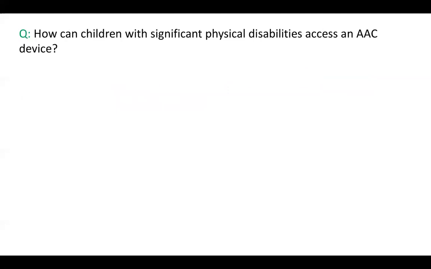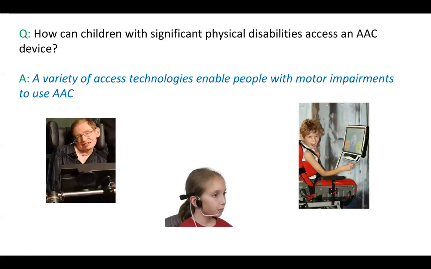Another question I'm oftentimes asked is, how can children with significant physical disabilities access an AAC device? And I again put on here Stephen Hawking. If you think of Stephen Hawking, he has very limited use of his limbs. He's in a wheelchair throughout the day, and yet he's able to access a device. So technology is really amazing. And just in the last 5 years, there have been leaps and bounds of improvements for access strategies. We have eye gaze devices for kids who can use their eyes. We have switches, which can be activated by simply blinking an eye or twitching a chin. So even children with the most severe physical handicaps should be able to access an AAC device.